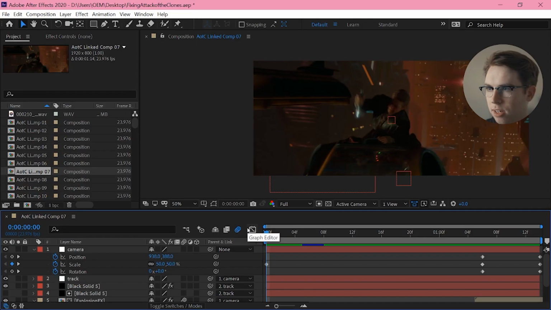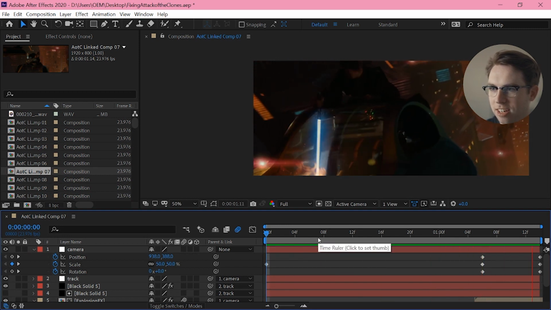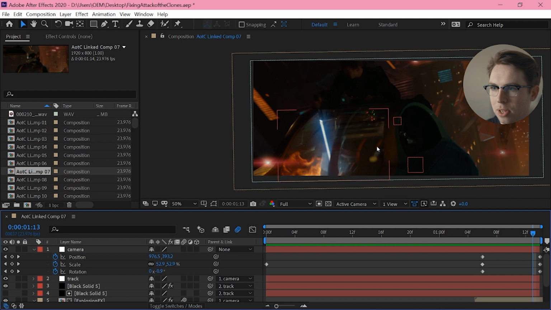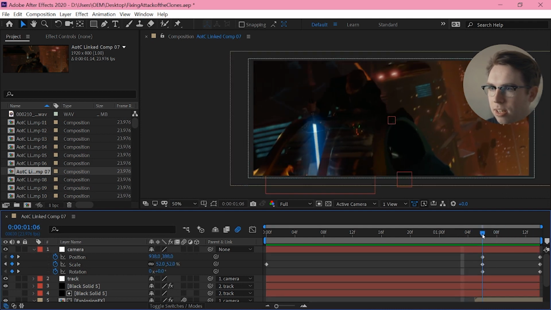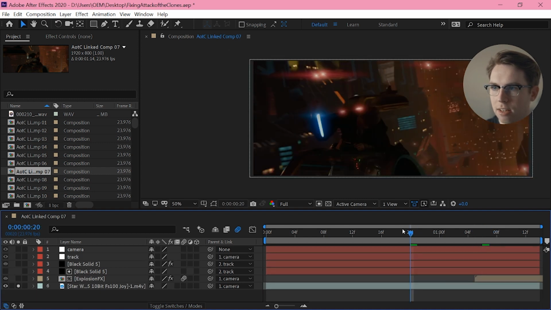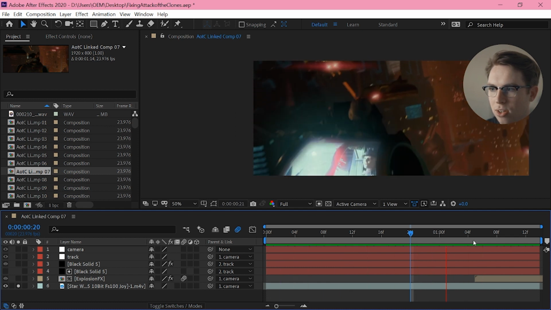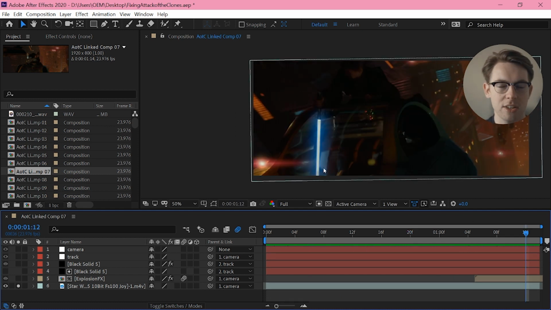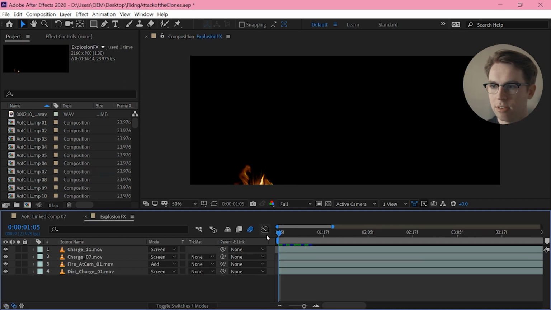Shot 7. Now this is a classic bit of compositing, bit of fun. I just want to add this explosion into the cockpit. Now in the movie originally there was this explosion, bang, but I obviously wanted to do something a little bit more, because rather than him just cutting through the glass, I actually wanted him to destroy the speeder at this point. So let's go into this comp that's called Explosion Effects.